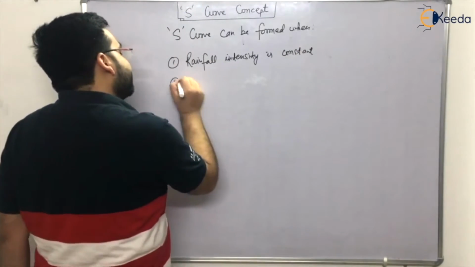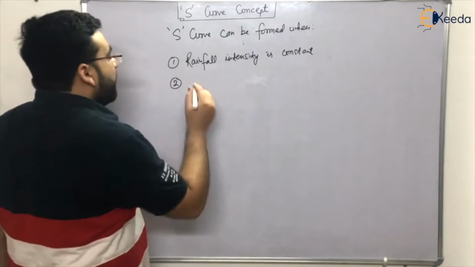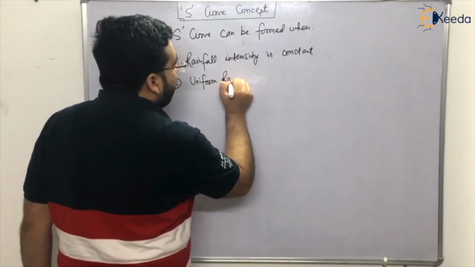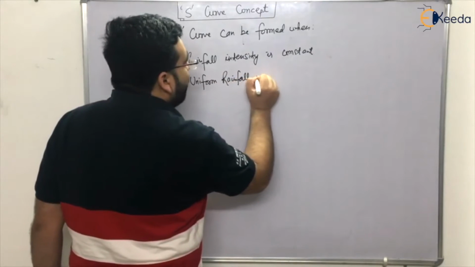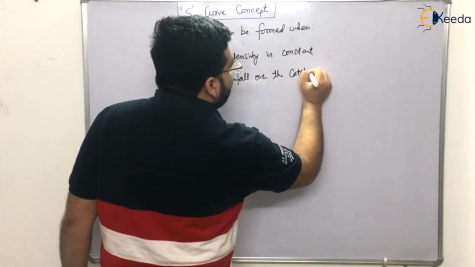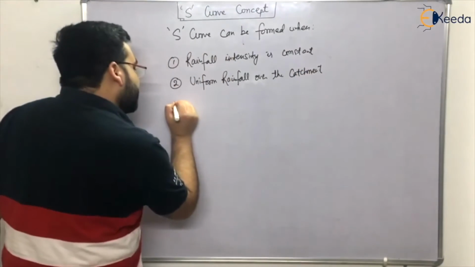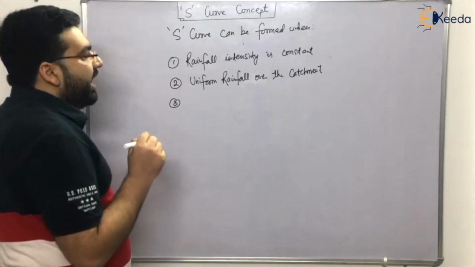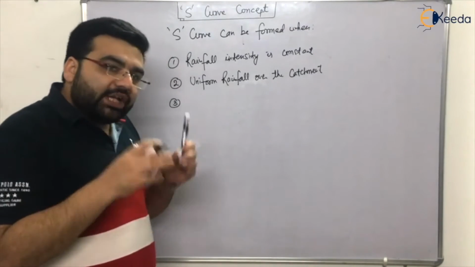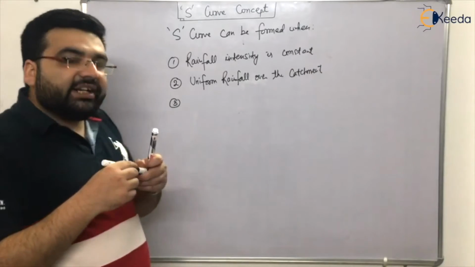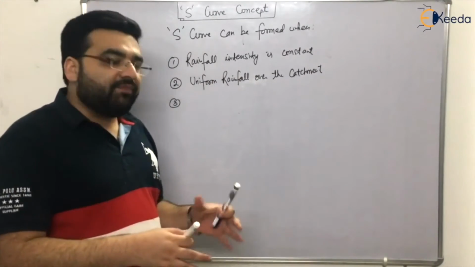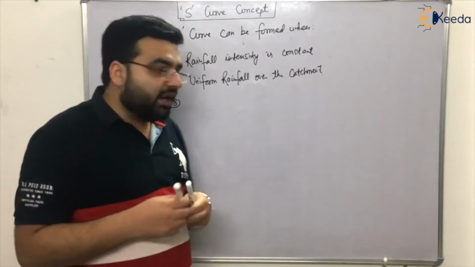The second is that it is a uniform rainfall over the catchment. And the third very important assumption is that the particular rain intensity is happening over a particular catchment area for an infinite time interval,